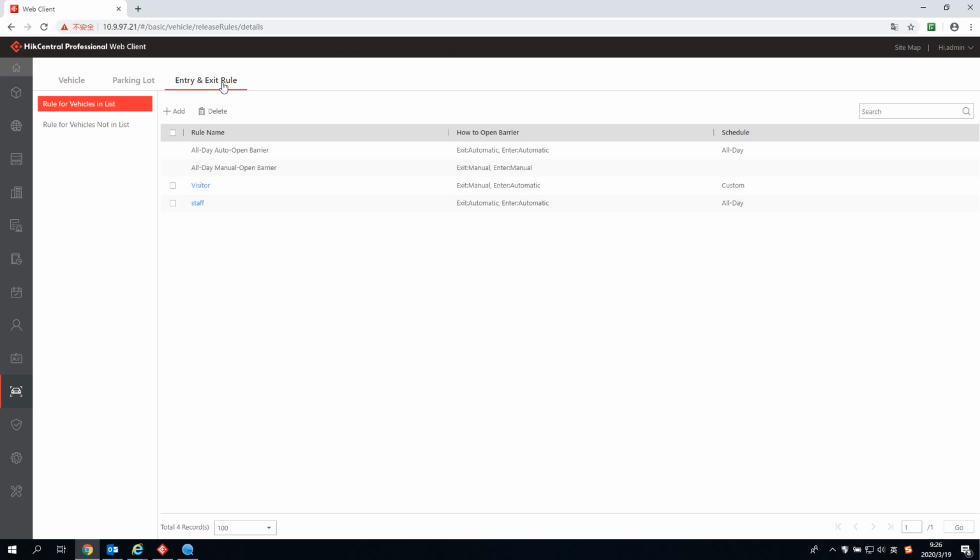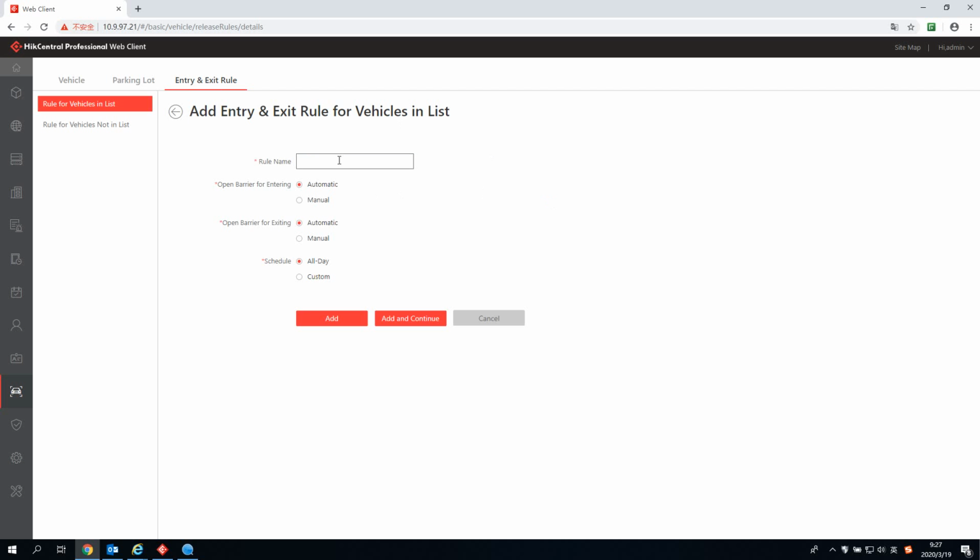Alright, so let's take a look at the entry and exit rule. So by default, we have the rules for vehicles in the list and also not in the list. So maybe you can set the list for staff and also for the visitors. We have the auto open and the manual open, and also you can customize some rules here. Alright, so rule name,